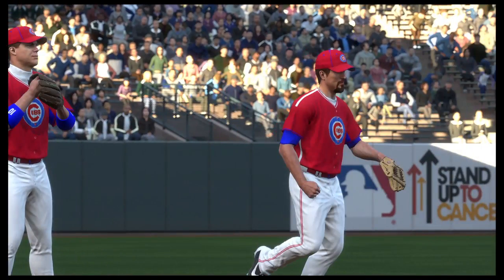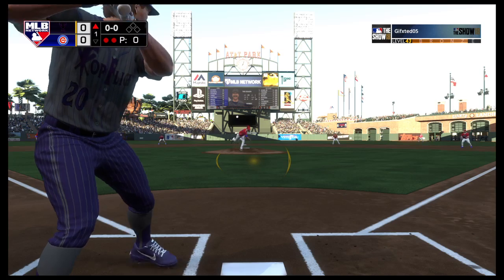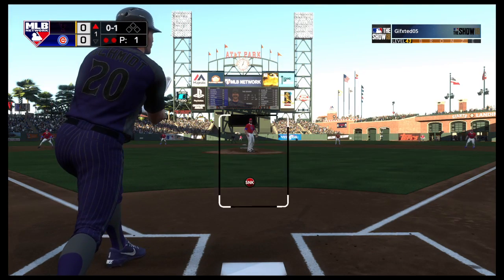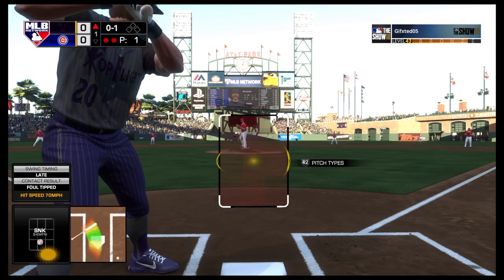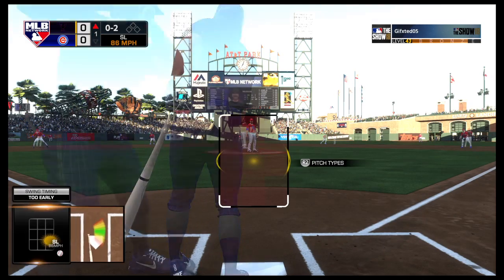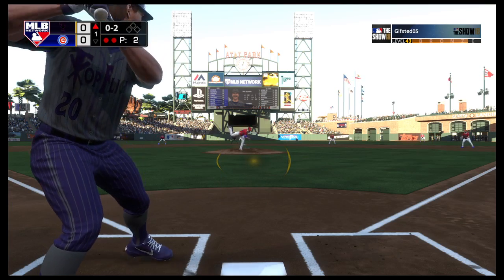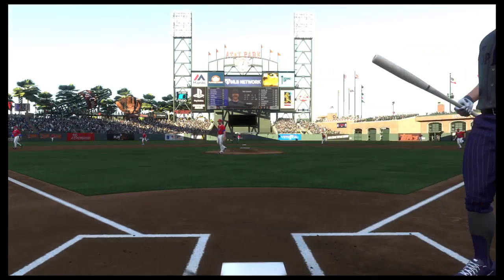Your attention, please. So a call to the bullpen now as right-hander Chad Qualls is set to take over on the mound. Fouled away. And boy, was he ever fooled on that pitch. It's 0-2 now. Hey, that's a really good pitch right there. A swing and a miss. That